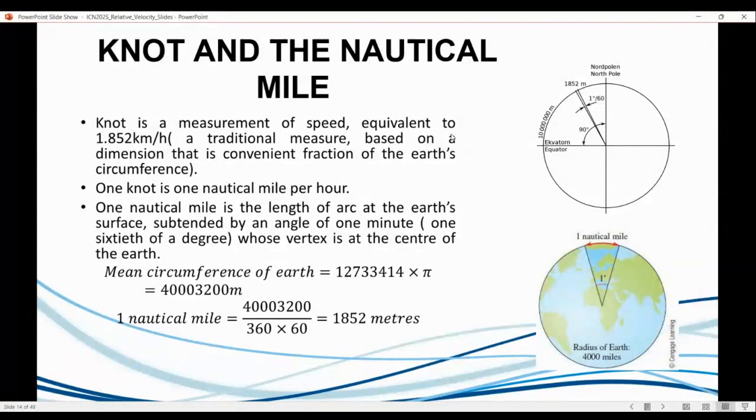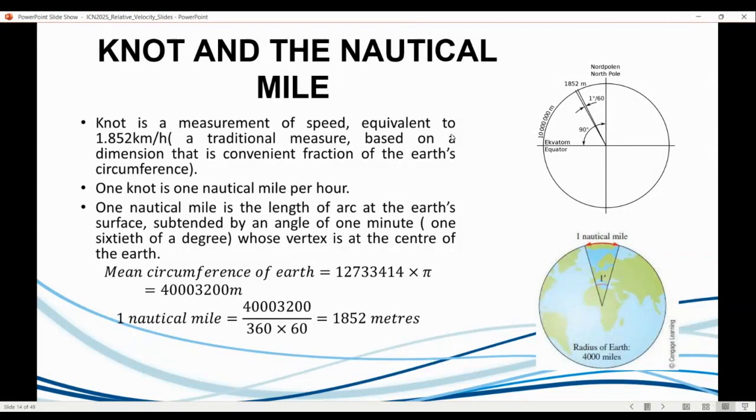When we talk about a ship or boat moving, we don't talk about meters per second or kilometers per hour. They typically use knots. So I'm just making you aware. In the marine sector, when we talk about a ship moving, you typically use knots, and the navigators will talk about it. But what a knot essentially is, it's 1.852 kilometers per hour, and it's based on a dimension that is a convenient fraction of the Earth's circumference. That's what it essentially is, right? What we know also is something called a nautical mile. We know that 1 knot is 1 nautical mile per hour,